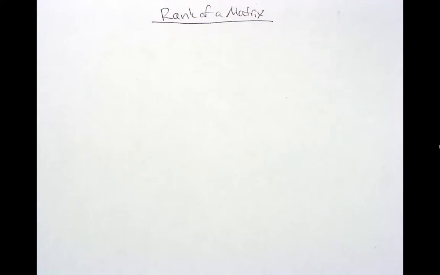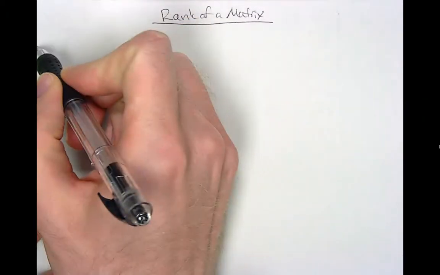Welcome back. This next video is going to be on the rank of a matrix. The rank of a matrix is defined as the number of linearly independent rows or columns of the matrix. So the largest that a rank can be is the smallest of the number of rows or the number of columns. So for example, if we had matrix A